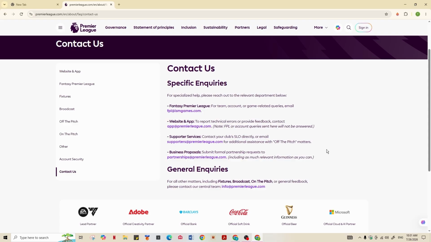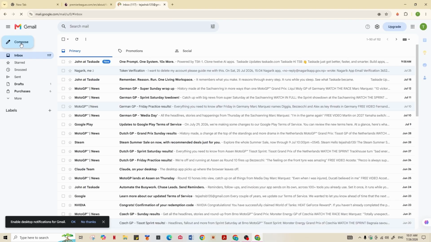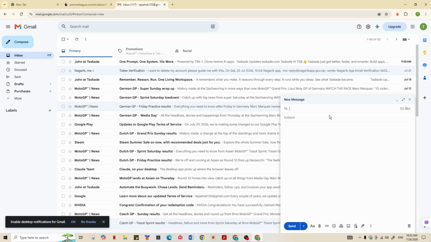To contact them, you need to long press on the highlighted email address to copy it, and then you can open your Gmail account and try sending an email. Click on the Compose button in the top left corner of the screen, and here enter the Gmail address that you've copied. In the subject field, briefly state your reason for contacting them, for example, Fantasy Premier League account recovery,